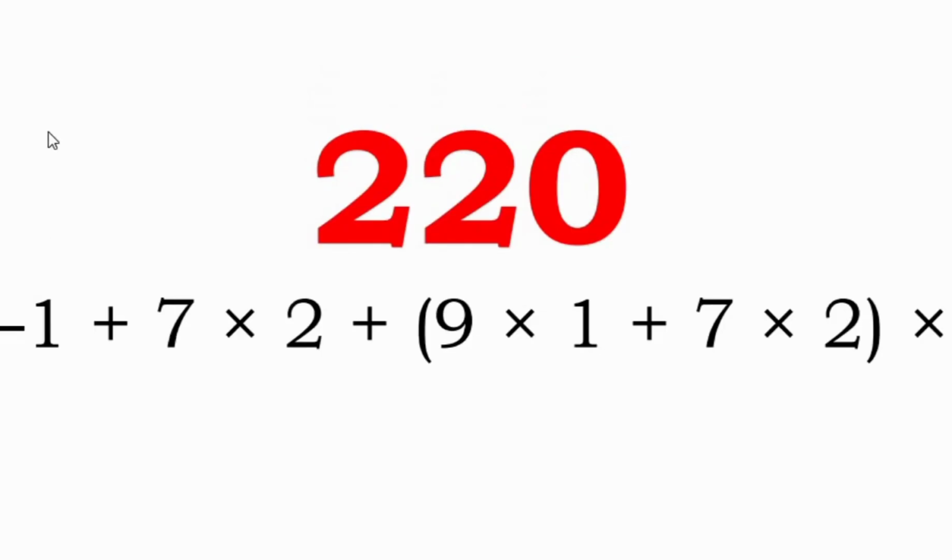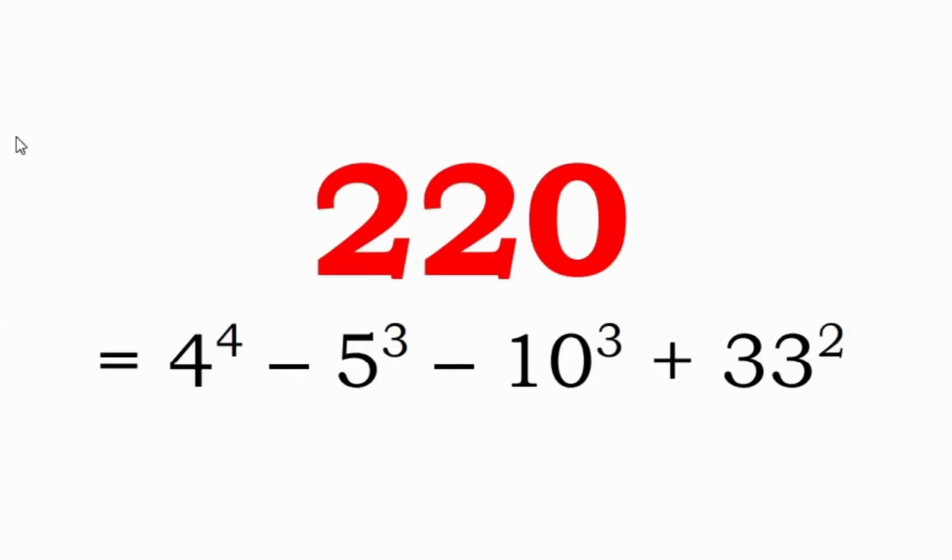Next, we have used the digits 1, 7, 2 and 9 only to represent 220 as minus 1 plus 7 into 2 plus 9 into 1 plus 7 into 2 into 9. Once again, negative sign is also used here. We can express 220 using various digits and